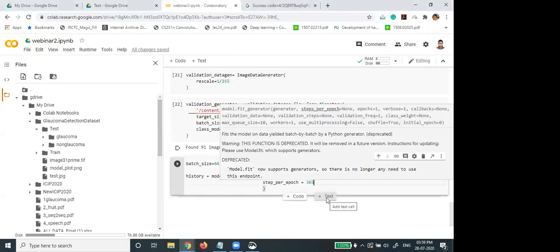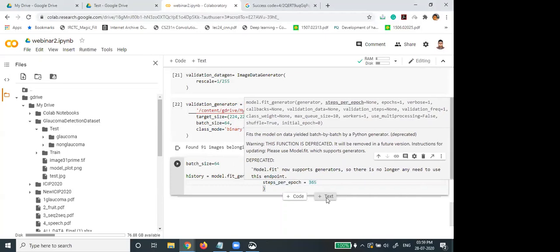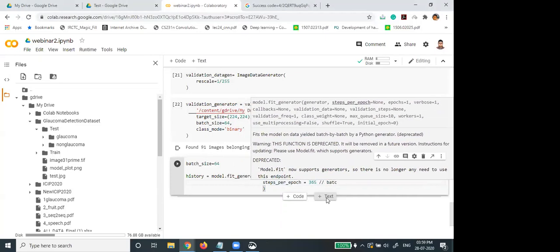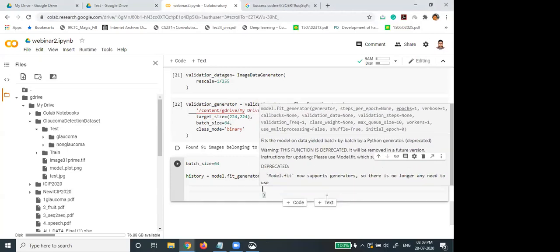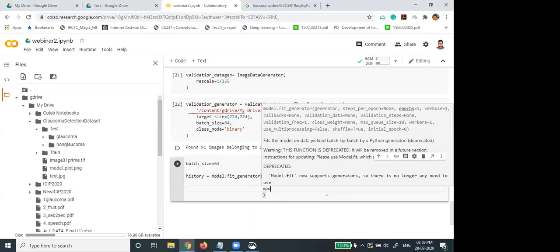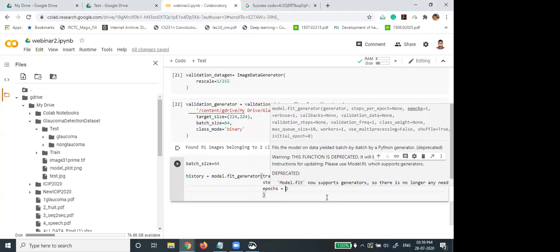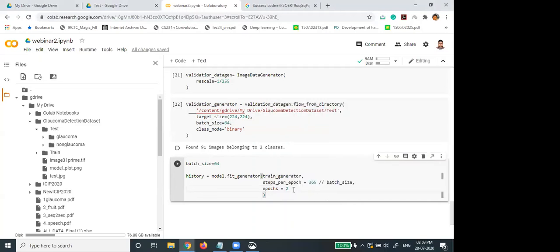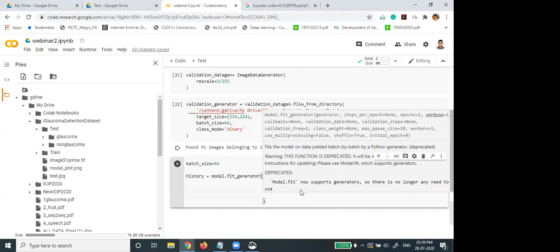So steps per epoch is 365 divided by this batch size. Epochs. If you increase the epochs, then it will be the best. For shortage of time, I am giving epochs only 2. You can increase this to 100 as well, anything, but there are some restrictions.